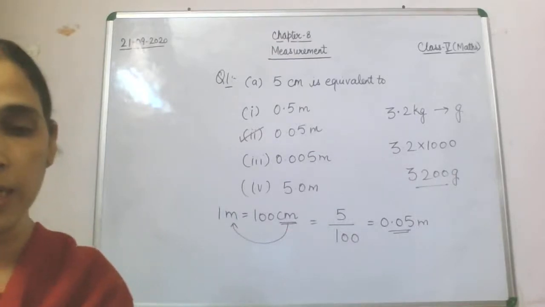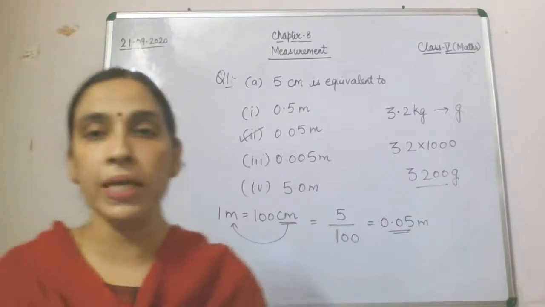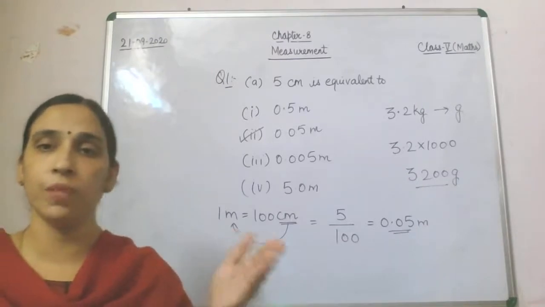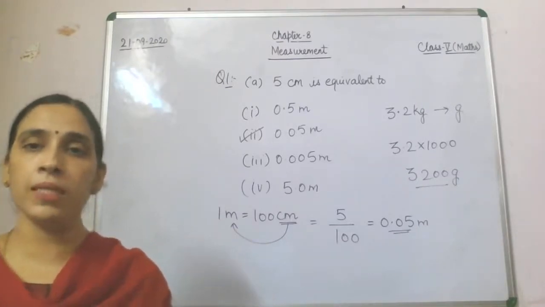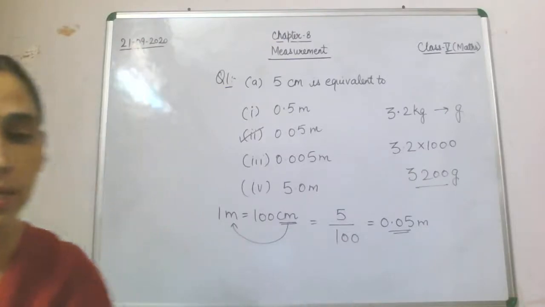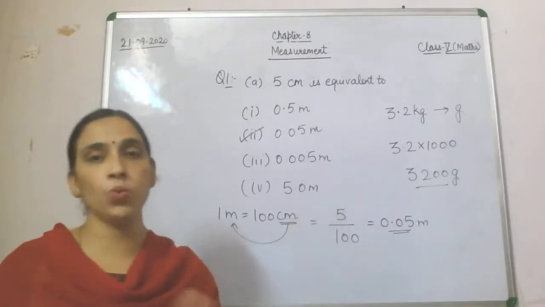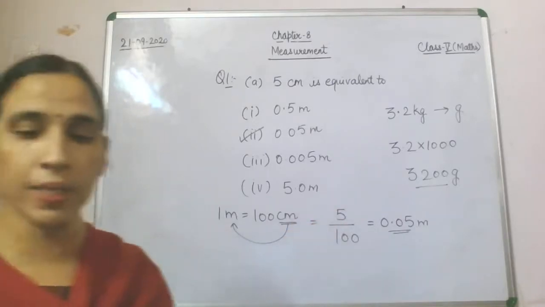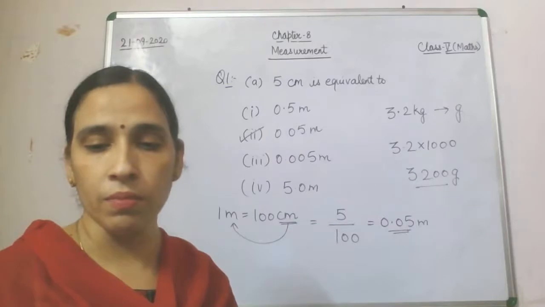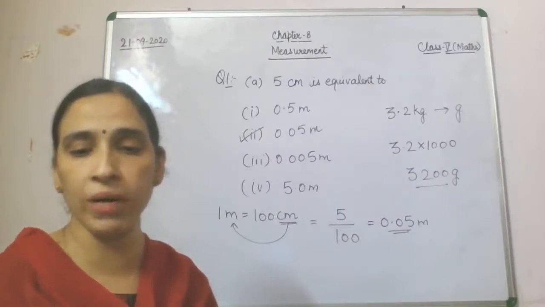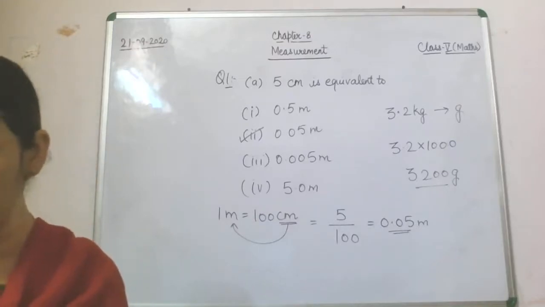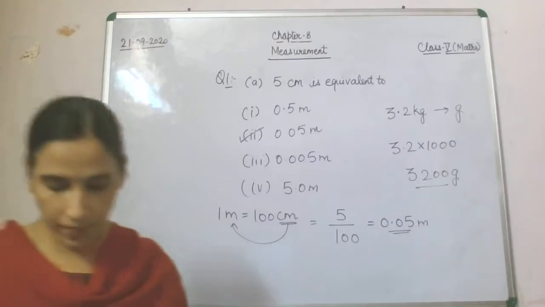Now the second question is related to fill in the blank. 3800 milliliter: how can we write it in liter and milliliter? So the first number will become liter, 3 liter and 800 milliliter. Similarly, in the second, 1204 milliliter is the same as 1 liter 204 milliliter. So quite simple these questions are. The rest of questions 3, 4 and 5 of the chapter test you will do yourself. They are related to word problems only, and that we have done.